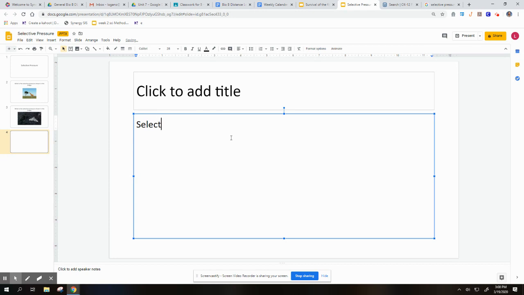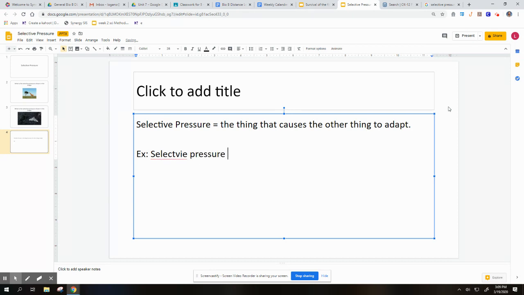Selective pressure equals the thing that causes another thing to adapt. For example,